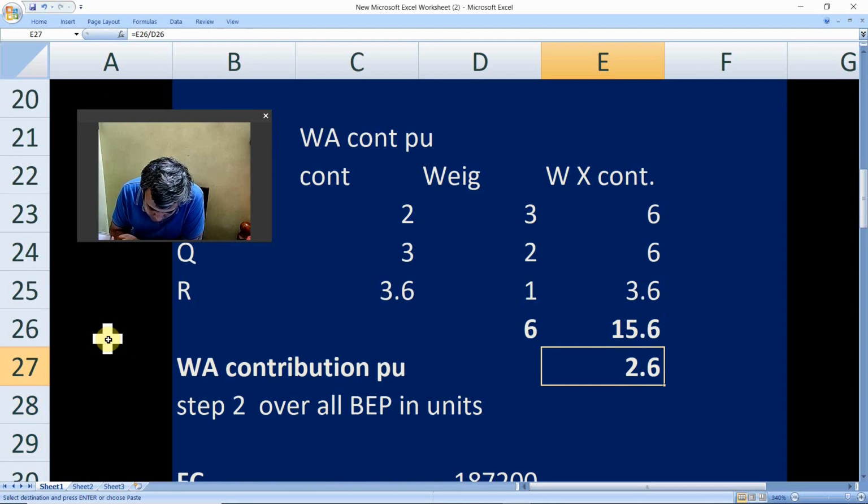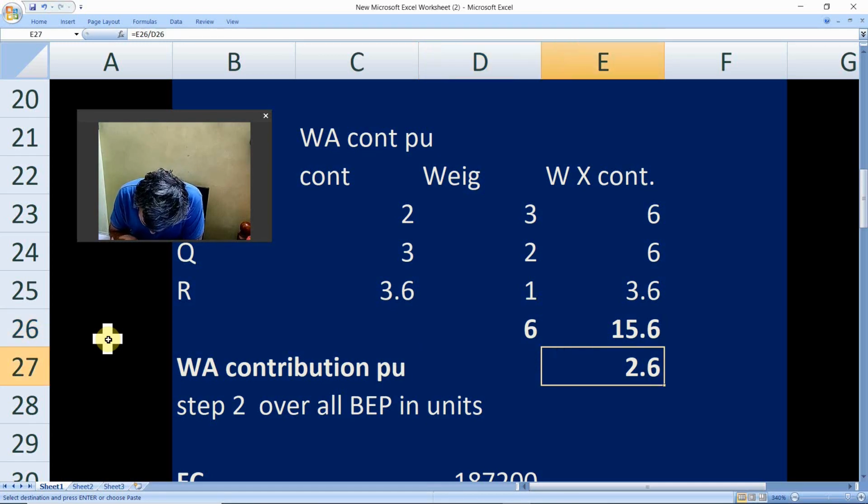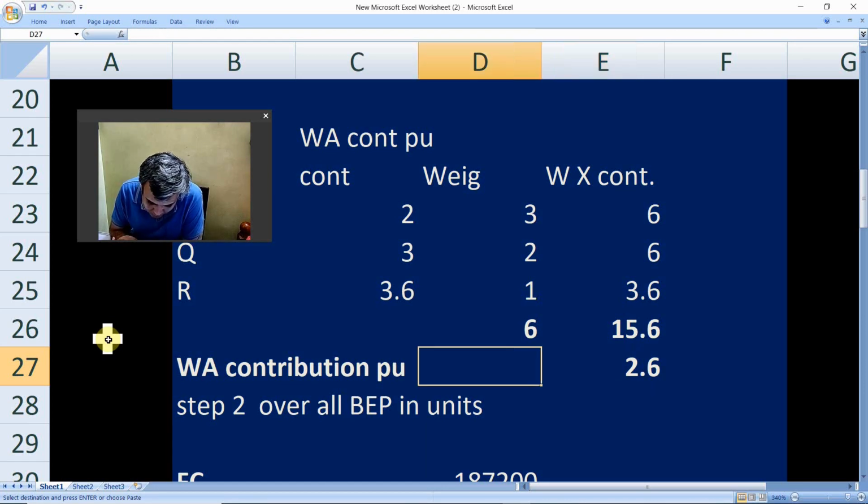The formula for weighted average, we all know, is sigma xw divided by sigma w. Do you agree? So 15.6 divided by 6 makes it 2.6. Shall I proceed? The weighted average we have calculated to be 2.6. Shall we go to the next step? If you look at this, 6 into 2, 12. 6 into 0.6, 3.6. So totally it is 15.6.